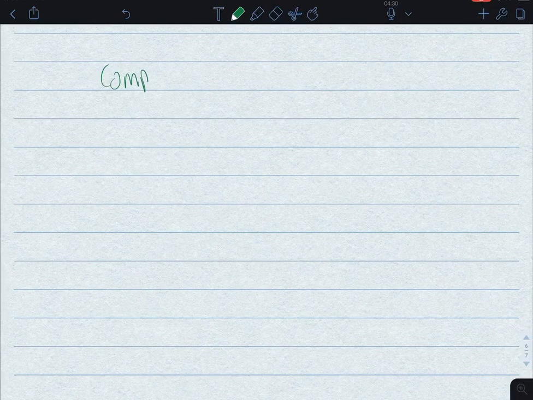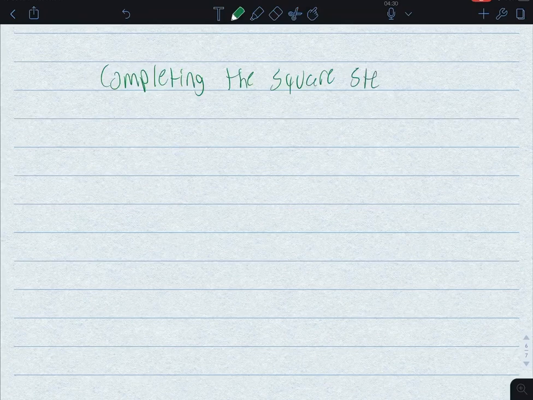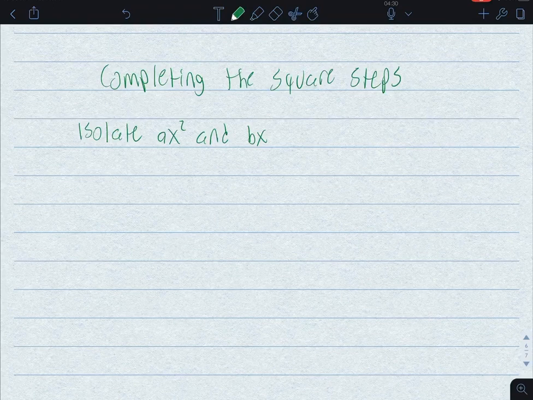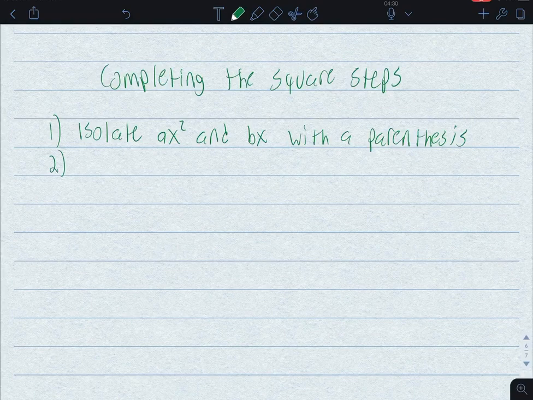For the final bit, completing the square, steps. The first thing you want to do is isolate x squared and bx, okay, yes, ax squared and bx with the parentheses. That's step one. Step two would be leave a space